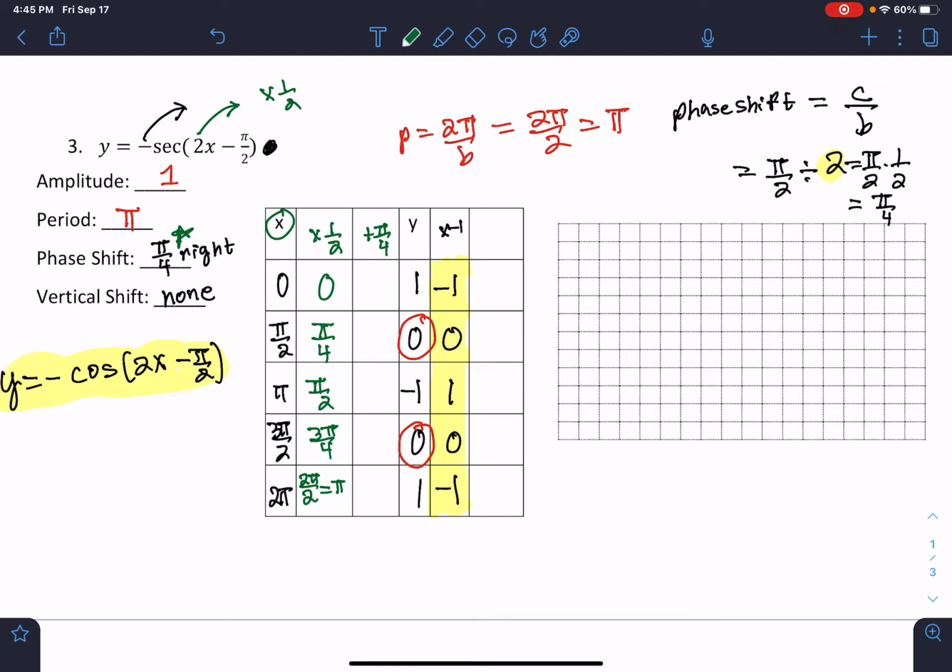And I hope that you see that our period goes from 0 to pi. Our period is pi because that length is pi if you did pi minus 0. So we took all our x values and we cut them in half because our period got cut in half. And all we do now is add pi over 4 because we're shifting the whole thing to the right, pi over 4. So pi over 4 plus pi over 4 is 2 pi over 8, which is